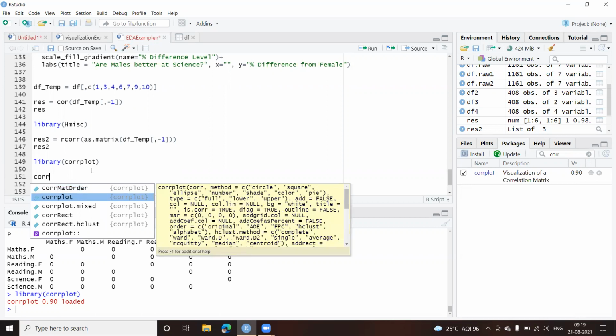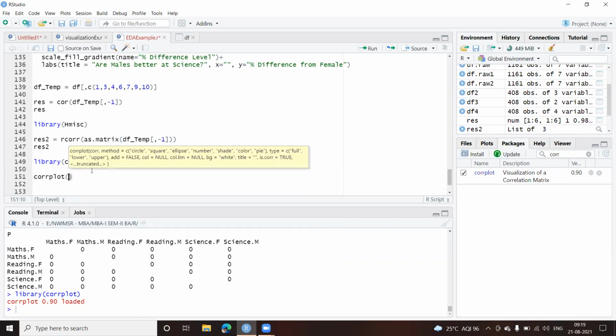This is a simple function which will plot the values, and the darker the color of the circle which I'll be plotting here, I'll be using circle, and that is the default one. And the darker the color, the higher the correlation. Now in this example, because all are zeros, I'll get all the circles in the same dark color. So a light difference might be there.